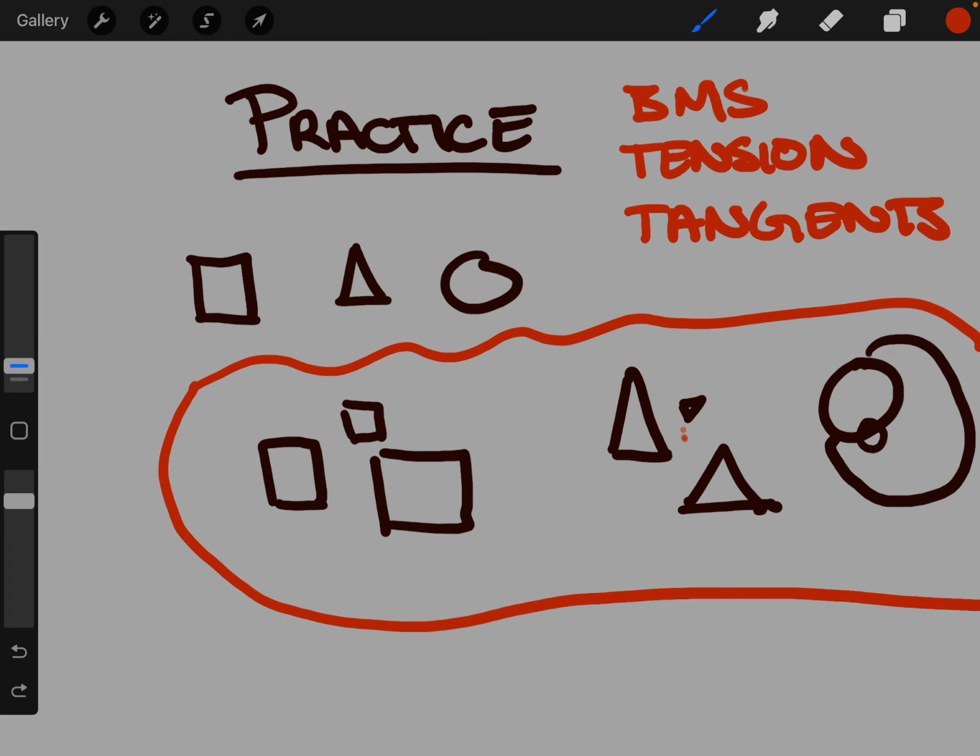Same thing for this one over here. Please ignore the horribly shaped. That is supposed to be a circle. It's not supposed to be a blob or oval, but it's supposed to be a circle. Anyway,